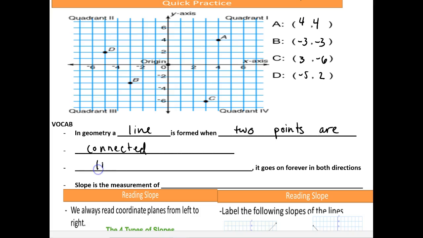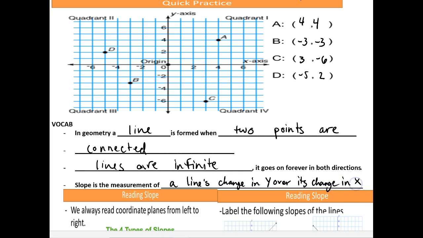Lines go on forever, are infinite. And slope is the measurement of a line's change in y over its change